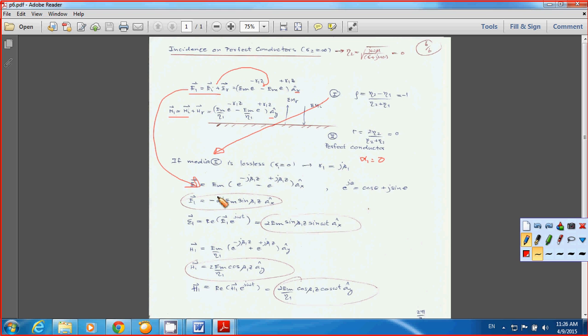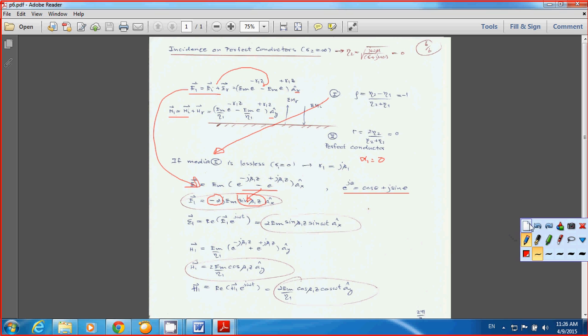E1 equals EM, and you have this term, and if you use e to the power j theta equal to cosine theta plus j sine theta, this term becomes negative 2j sine beta 1 z,